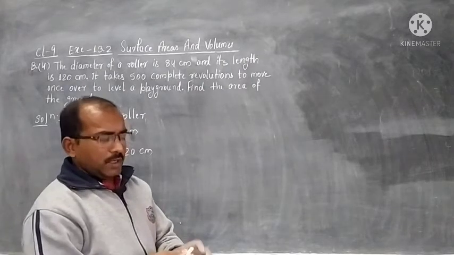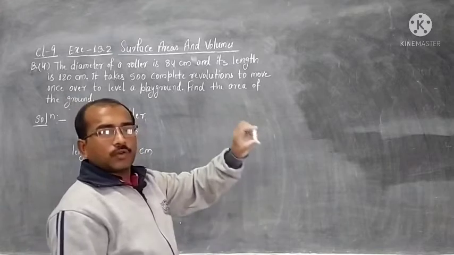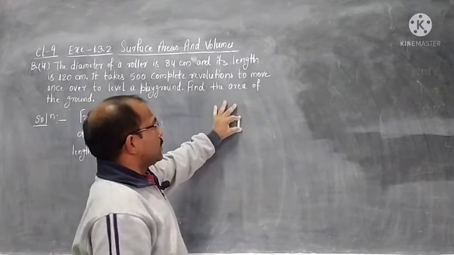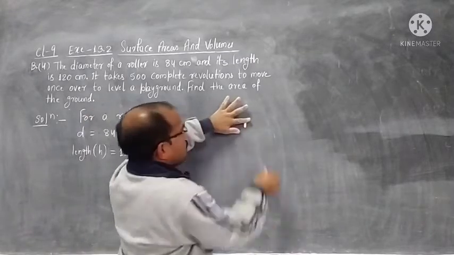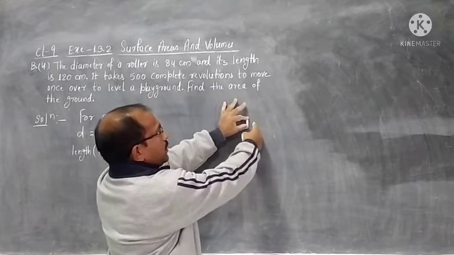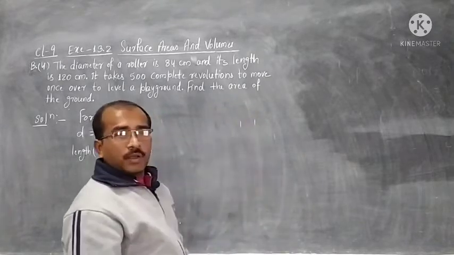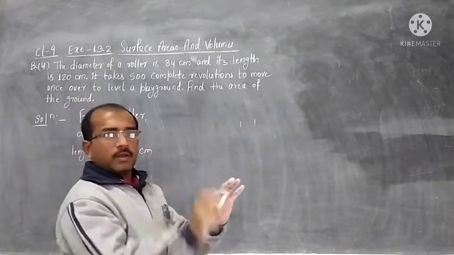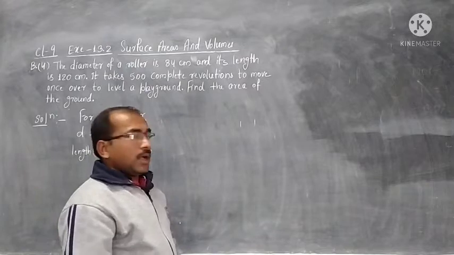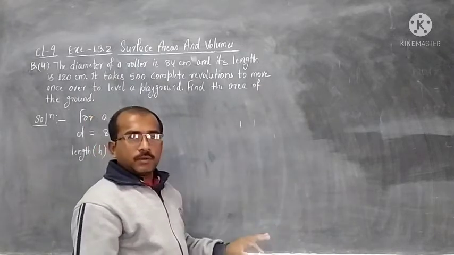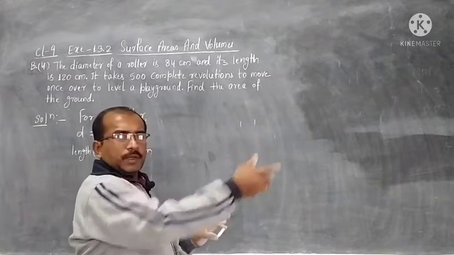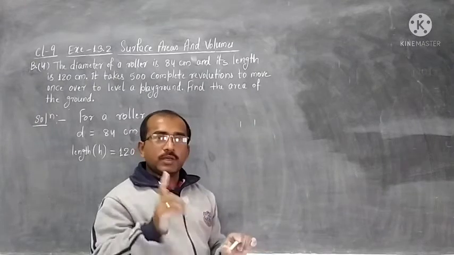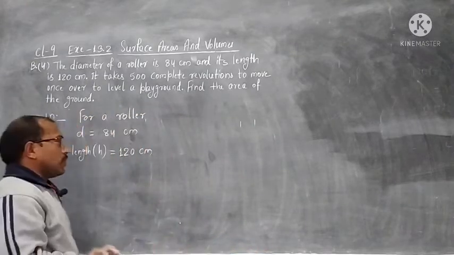It is simple. You see, the chalk in my hand is also a roller shape, and a roller is just a bigger version of this. If we move this chalk from here to here, that means in one revolution it covers that much area according to its diameter and height. And if this chalk rolls 500 times, how much area is covered? We will multiply. That means we have to calculate the curved surface area of the roller. I hope you have understood.